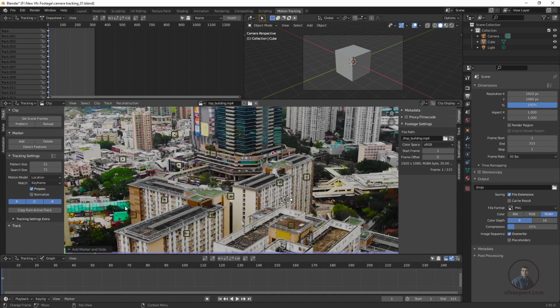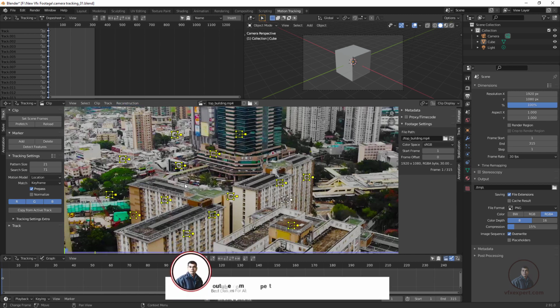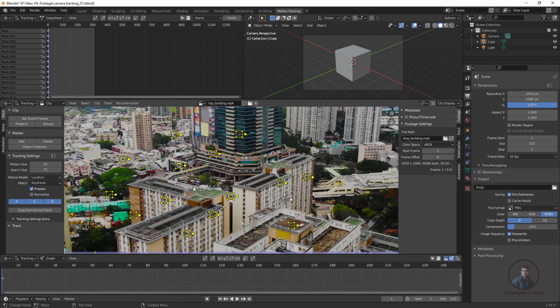So like this you can also create your point, then press A. After this you can track your shot. Here I am going to track our shot with the help of the auto detect feature, and also we will create some user features. Then again press A here and delete all these features.